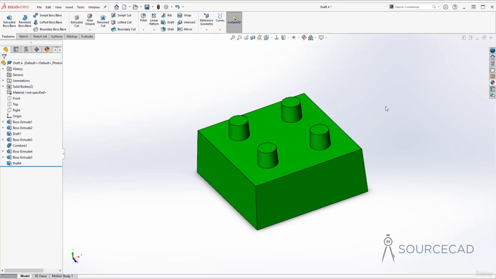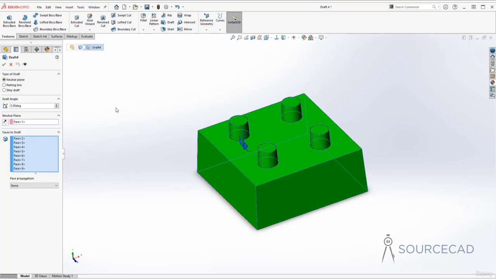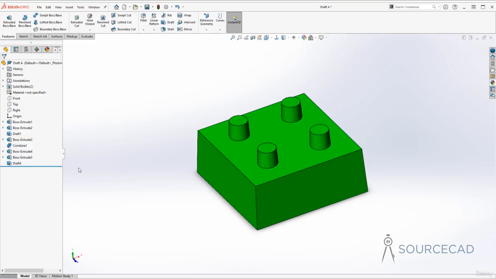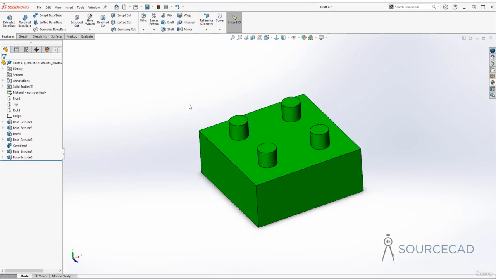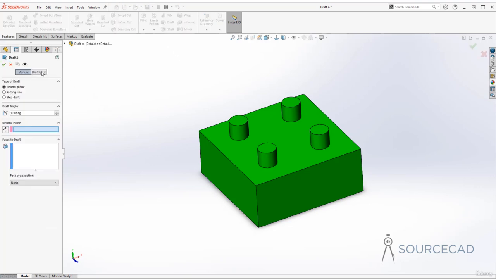Now there are options of adding this same kind of draft with advanced control, and for that once again I'll go to this draft feature and edit it. Now there are some advanced controls available for creating draft, and for that I'll go to this draft feature and I'll just delete it. Now I'll go to this draft again